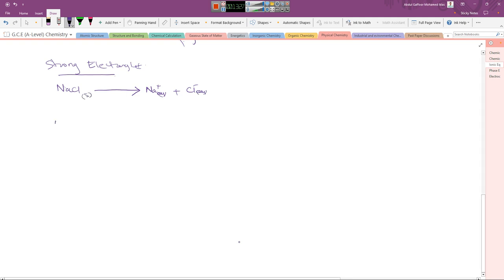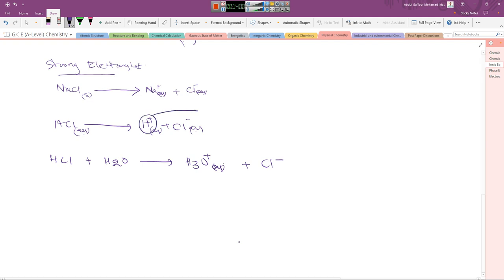Now again, if you take HCl, it can dissociate as H+ and Cl- aqueous, right? So HCl aqueous. Now this chemical reaction can also be written with HCl dissolved in water, which will produce H3O+ and Cl-, right? Okay, right. Now these H+ ions are called proton,